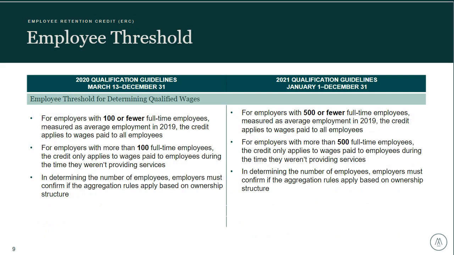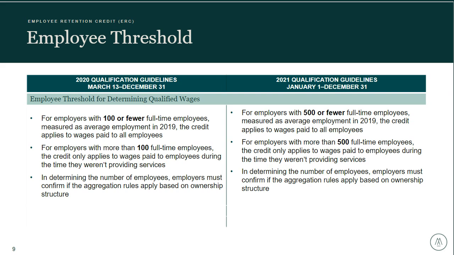And then, once you've established one of those eligibility tests, the next thing to look at is qualified wages that were paid, because the credit is calculated as a percentage of those qualified wages that were paid while you met that eligibility test. And how you calculate qualified wages depends on the size of the employer. So in 2020, employers with 100 or fewer full-time employees, as measured by the average number of employees during 2019,